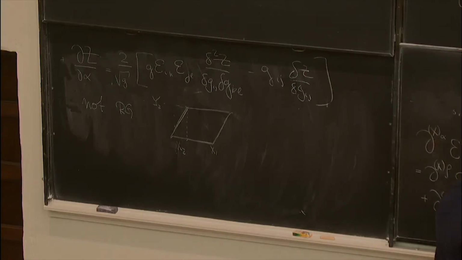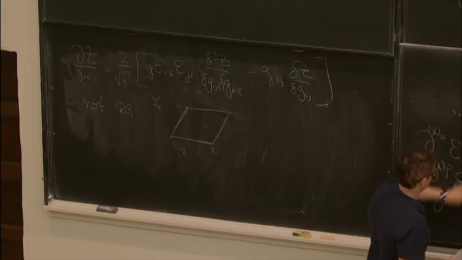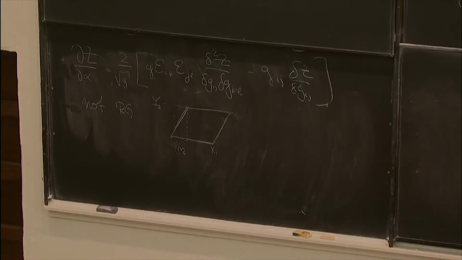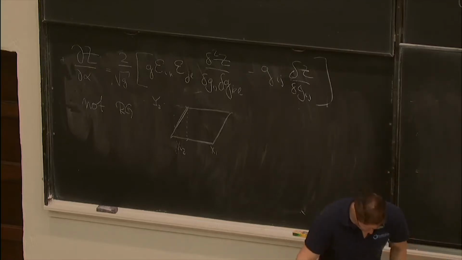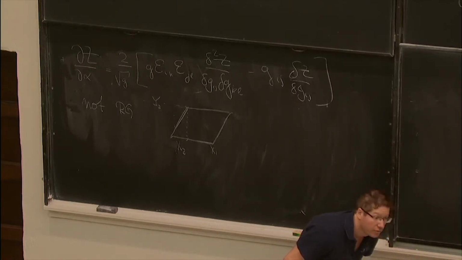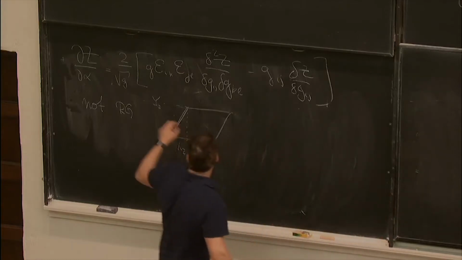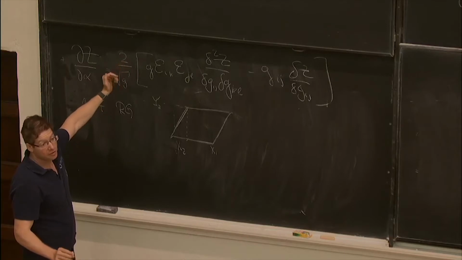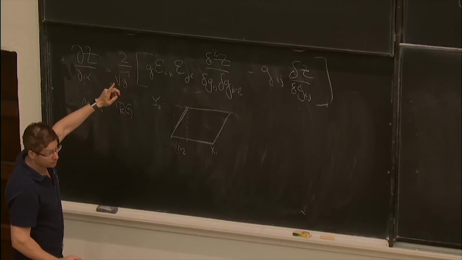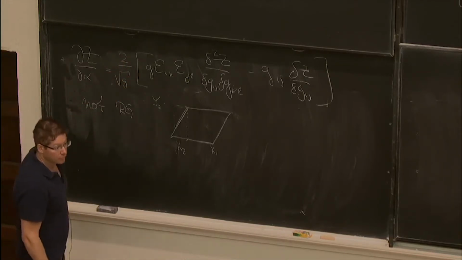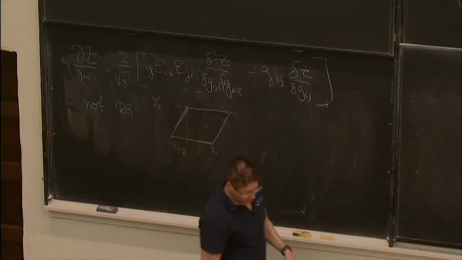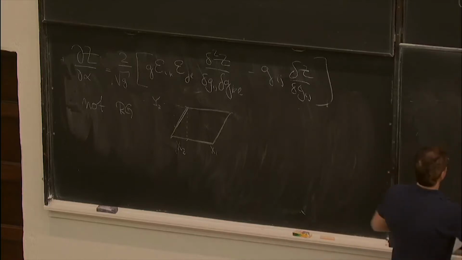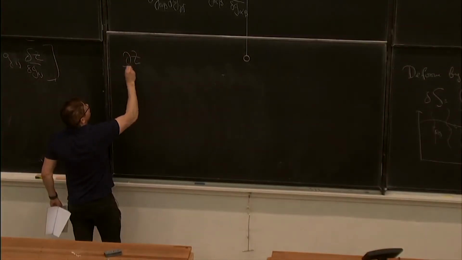By the way, you could also do S2. S2 would be a little different. So you can view this equation, Slava, as a flow in the space of theories, not RG flow. This is just a definition of a flow in the space of theories, but not RG flow. So, OK. Let me just do this change of variables now. So we find that dZ over d alpha